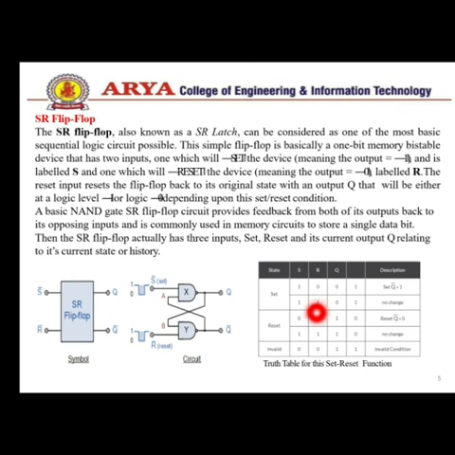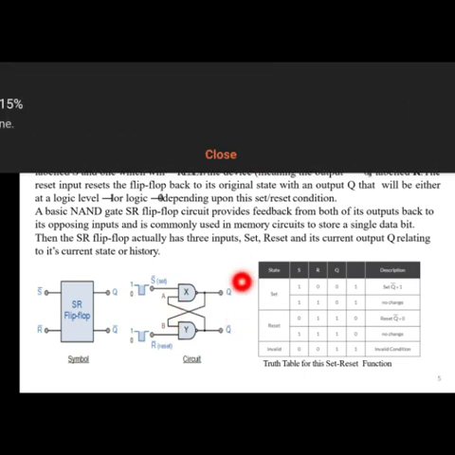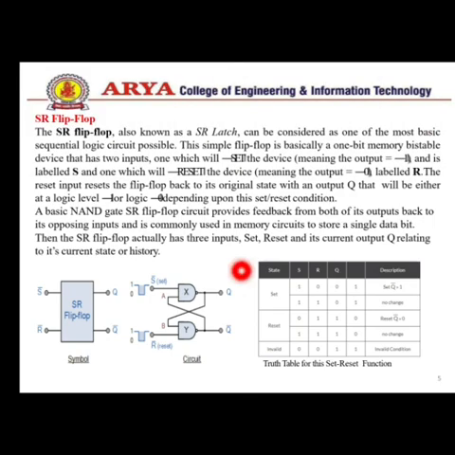And the last condition, 1 1, is applied on this circuit. So 1 dot Q bar is always Q bar and Q dot 1 is always Q. So in this condition, the value of the next state is always equal to the previous state. So the no change condition is applied in this circuit. When 1 1 is applied, this is 0, this is 1, because the previous condition is passed as it is to the next condition. So this condition is no change.